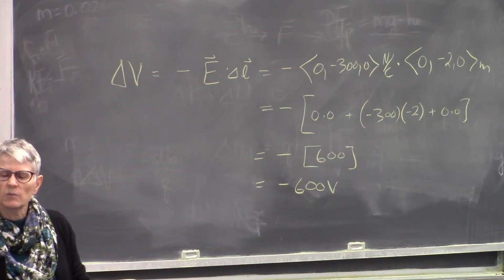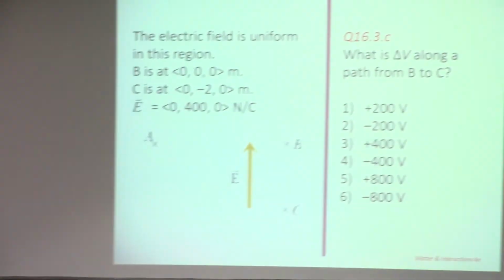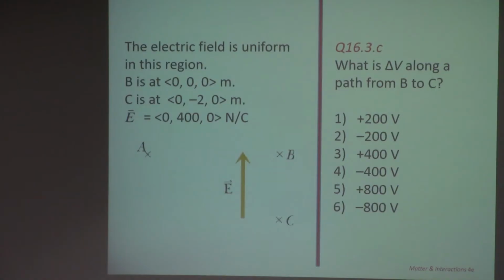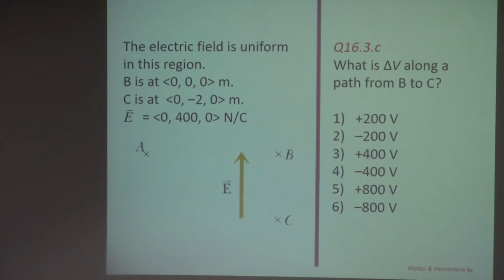Okay, now the electric field is plus 400 newtons per coulomb in the y direction. B is 0, 0, 0. C is negative 200. What's the change in electric potential along a path that starts at B and goes to C? What's your answer? Okay, I'm saying 5. 5 is mostly 5. 5 is correct because